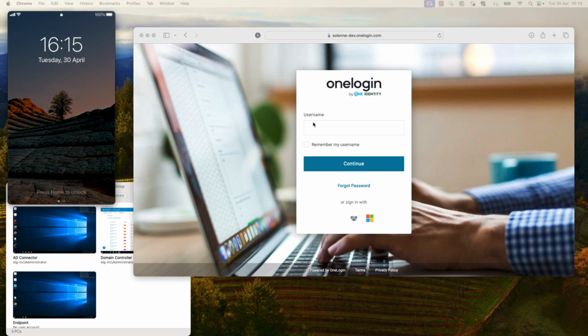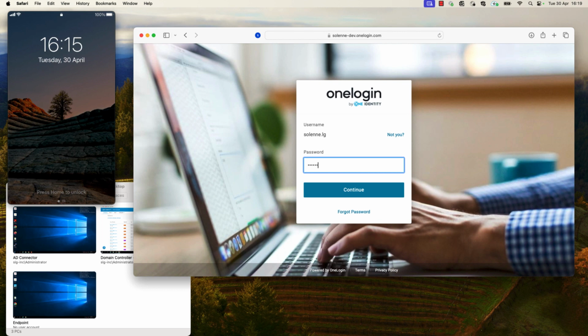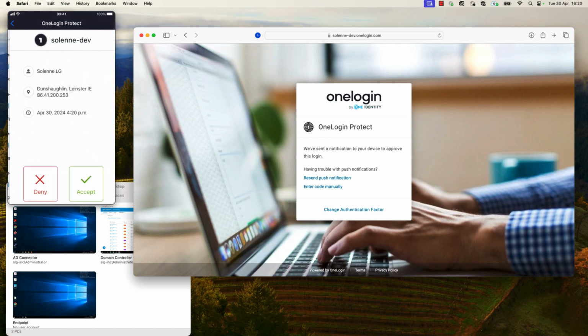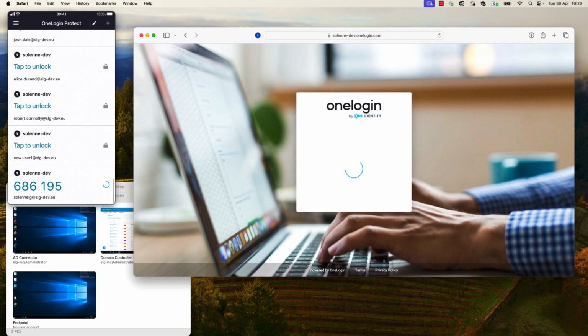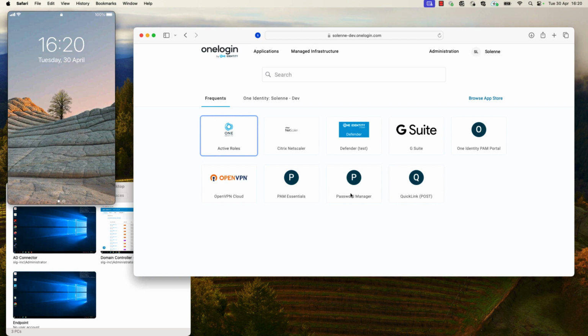We're going to start by logging into the OneLogging platform because this is going to be the central place where everything will happen today. We enter our username or email address, then our password, and OneLogging will check the security policy that applies to our user profile to see what security rules we need to validate before we can access. Here we can see that we need to validate MFA since we are receiving a push notification on the mobile phone, and we need to validate the push notification with biometrics before we can access our OneLogging portal and all the applications we have access to.